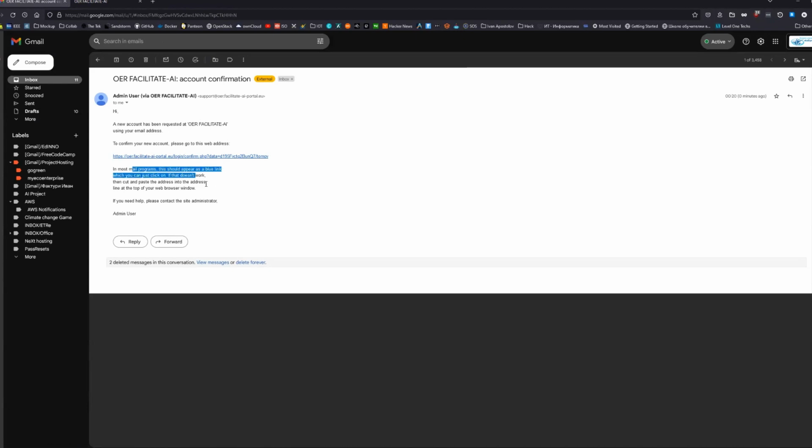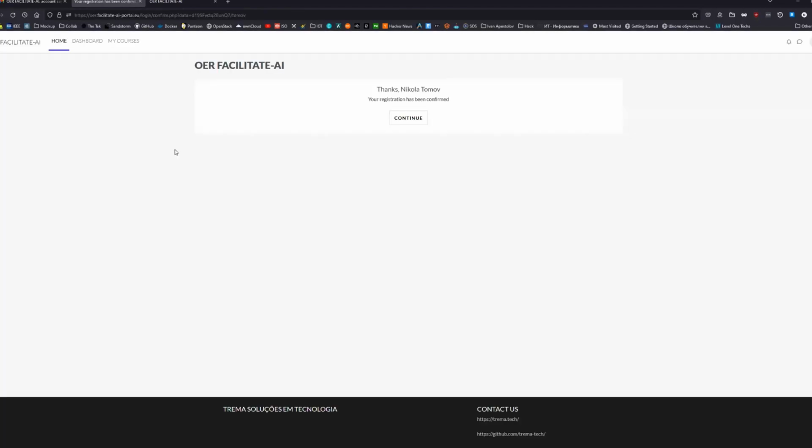And here are some instructions that are in most emails. The link should be blue. If it's not blue, we can click it again. So we click the link, and we are greeted with the next window, which is the platform window, that now we have registration, and we can click continue.